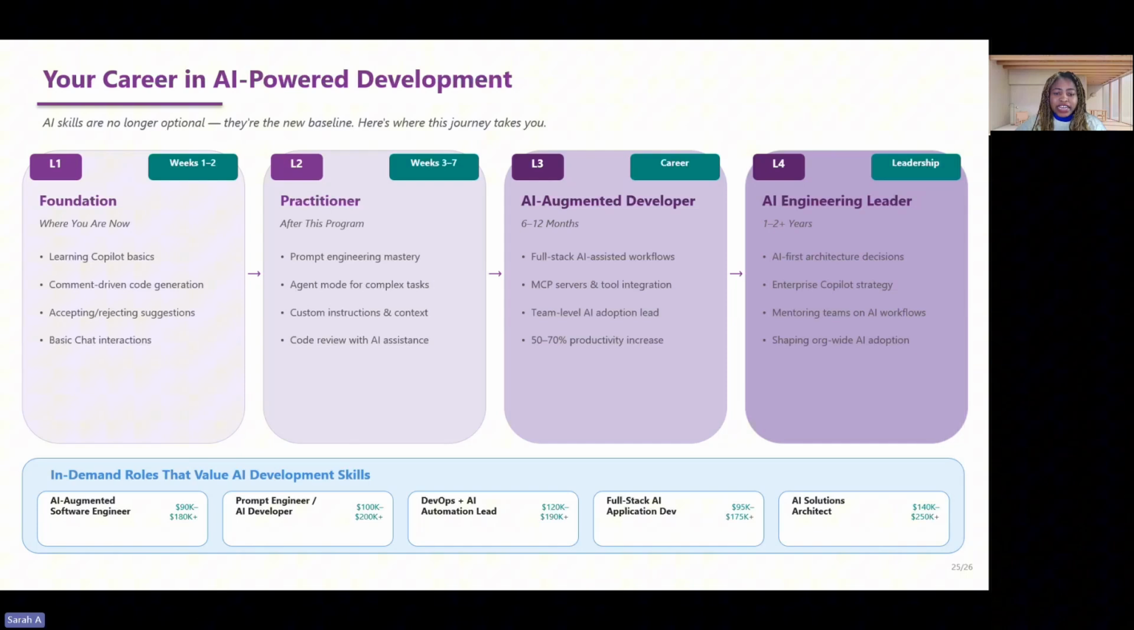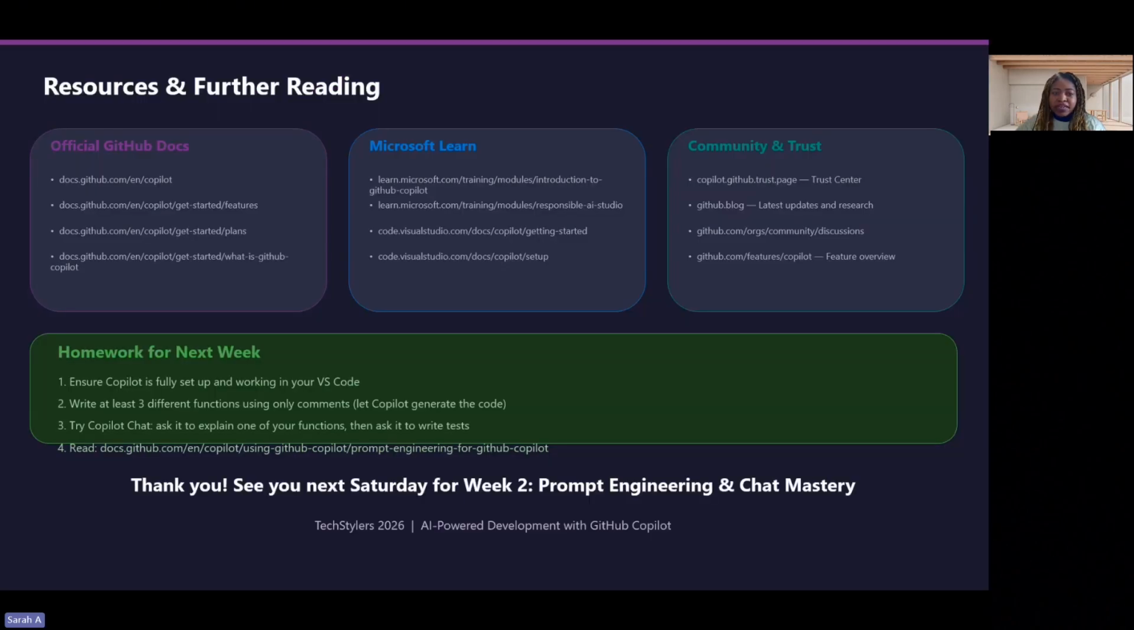These are the roles that you can look out for. Ignore the amount there, it's in dollars. It's an AI generated slide. These are the things you should be watching out for, what you're going to learn from and take from this, right? These are the kind of roles you should be looking out for: solutions architect, application developer, DevOps, prompt engineer, software engineer as well. The skills you are building in this program are directly applicable to every single one of these roles. So you're not just learning a tool, you're also building your career. Again, these are the resources that you can use to